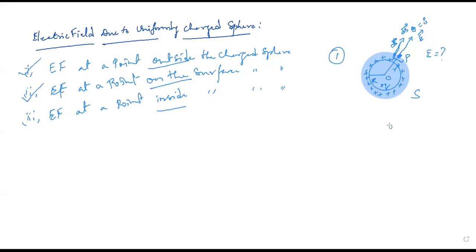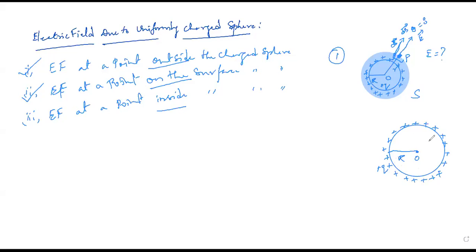So here I'm taking the charged sphere. I'm taking a bigger sphere, because here we are going to take the point inside the charged sphere. As usual, the radius of the sphere from the center is capital R, and this is the center of the sphere, O, and the charge present on it is plus Q, uniformly distributed on the whole surface. It doesn't mean that it is only on the outside part; it is everywhere, here also. But if I draw it here, you'll get confused. That's why I'm not drawing it. Already I said, I'm repeating, this is the uniformly charged sphere.